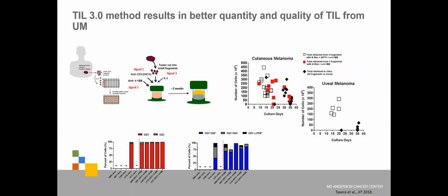The TIL 3.0 method results in a better type of T cells that we've seen grown. Essentially what 3.0 is, we now grow those T cells with 3 different signals outside of the body, instead of the typical TCR receptor tickling, if you will, and then IL-2, the 2 signal method. 3 signals stimulates the T cells better. We get faster cultures. We get faster time in culture, which you see over here on the far right with uveal melanoma. It used to take us 20, maybe 35 days to get cultured,